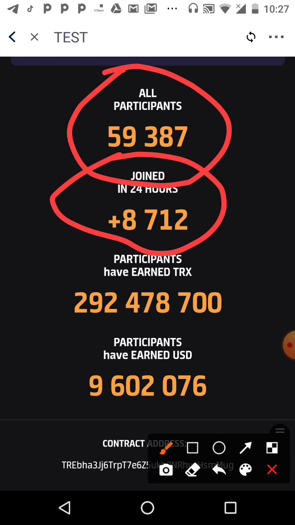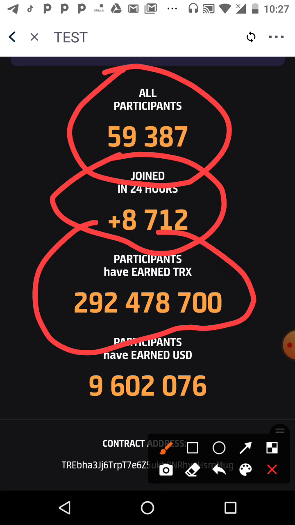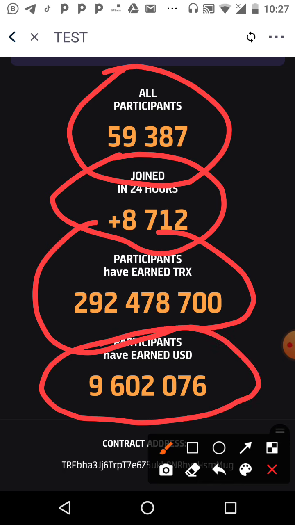Participants have earned money. The Tron they've earned so far is 292,478,700, and Ethereum has been earned, and in dollars about 9,600,000. Over $9 million has been earned in the space of 1 week that this program has just launched. Ladies and gentlemen,